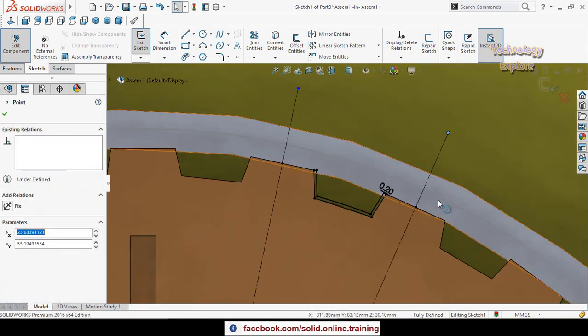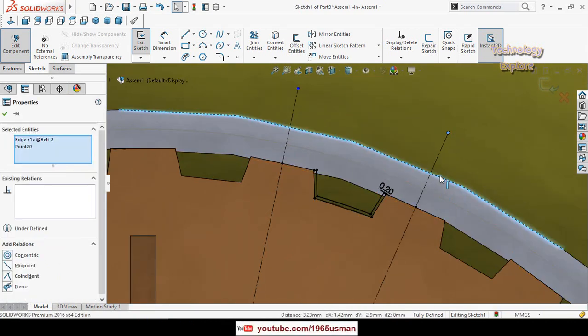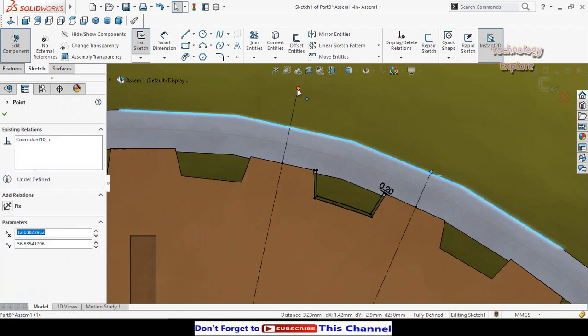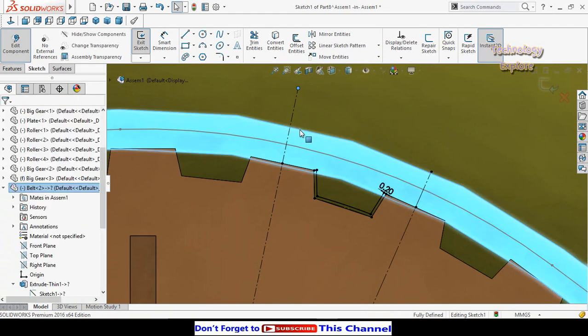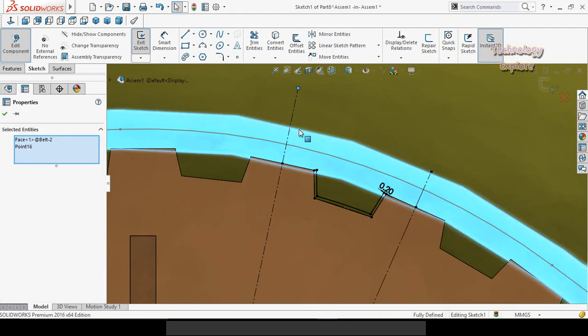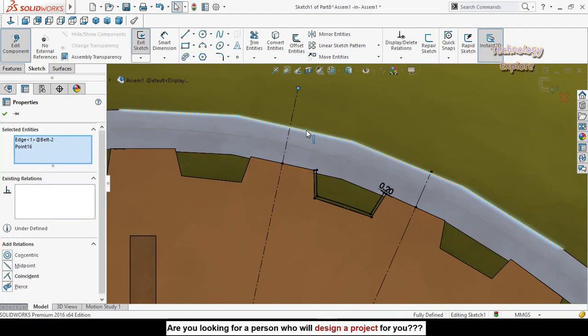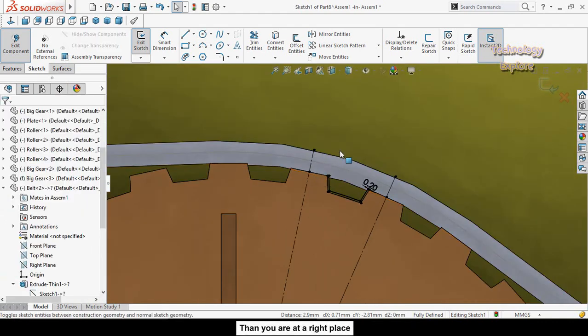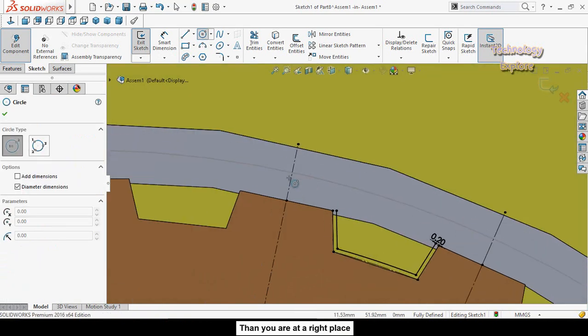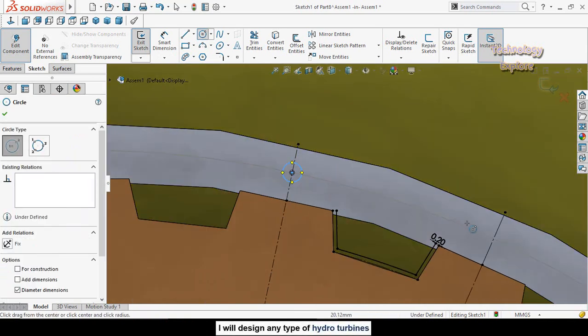Now select this point and this edge. Make their relation coincident. Similarly, select this point and this edge and make their relation coincident. Now draw two circles on these midpoints.